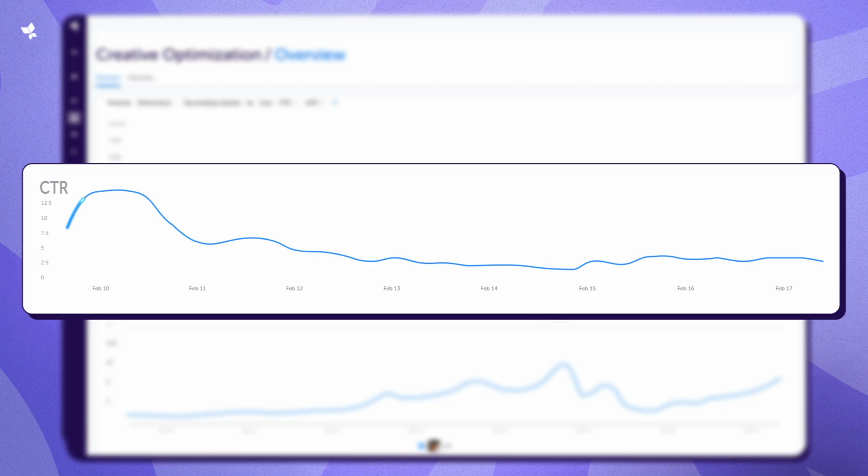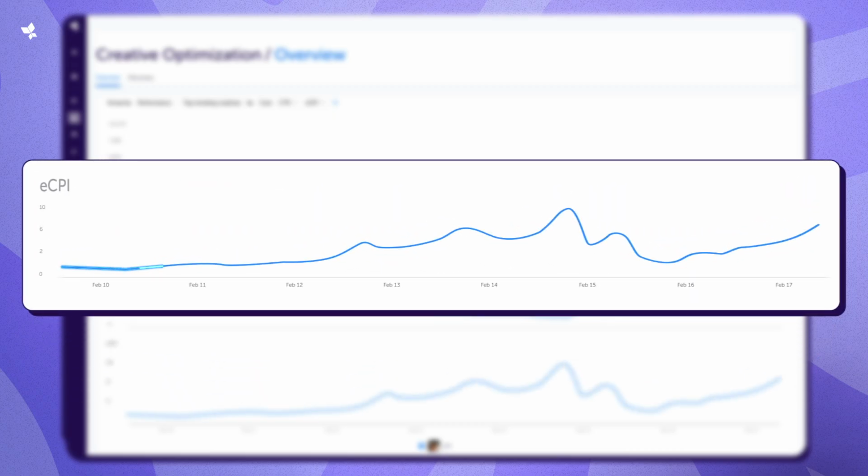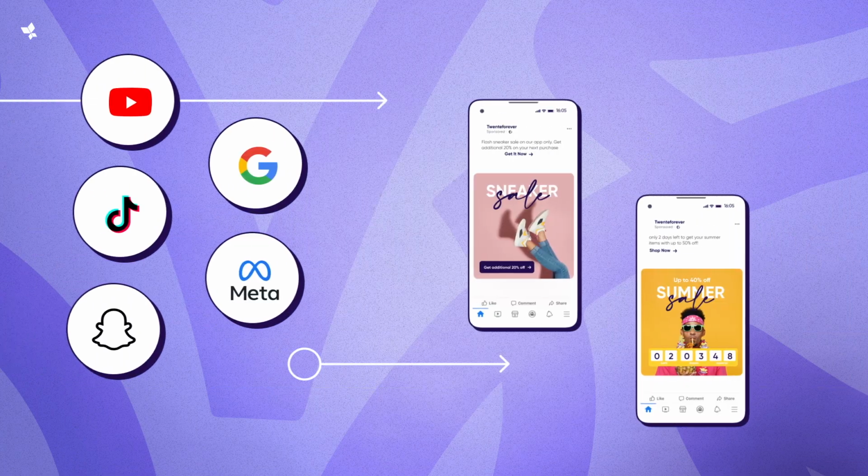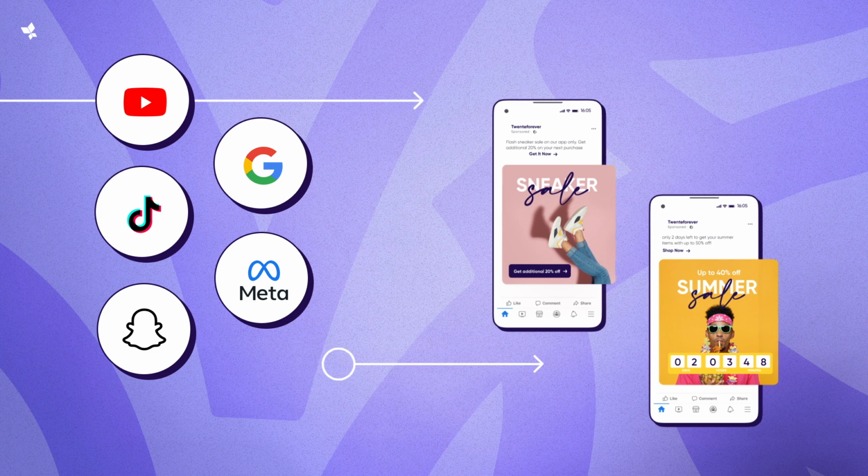The CTR is on a gradual decline as viewers grow apathy towards the ad, resulting in fewer installations per ad view. Naturally, a declining CTR with stable cost results in a slowly increasing eCPI. These combined trends can indicate ad fatigue, but you should consider looking at other factors as well, such as media